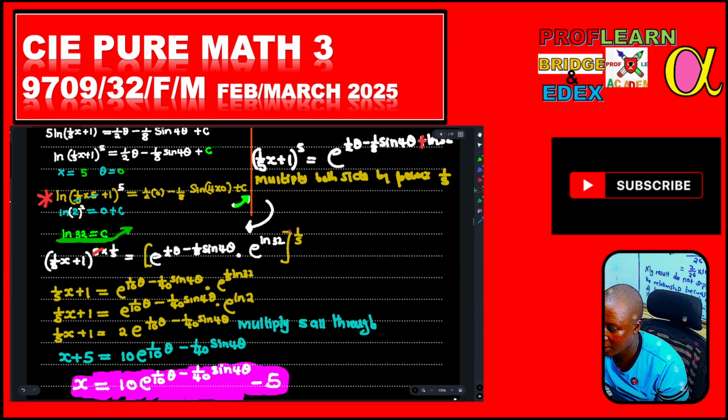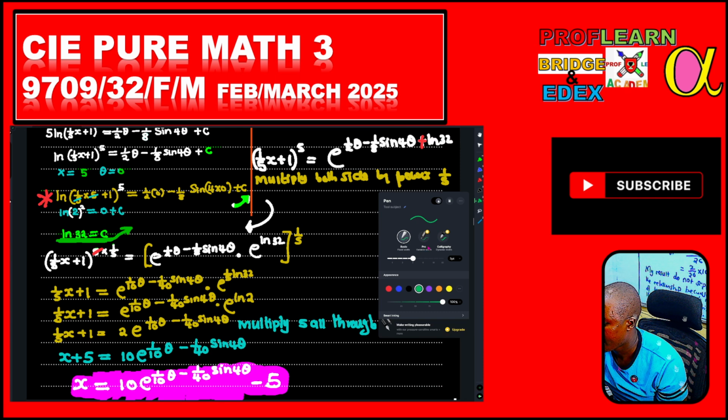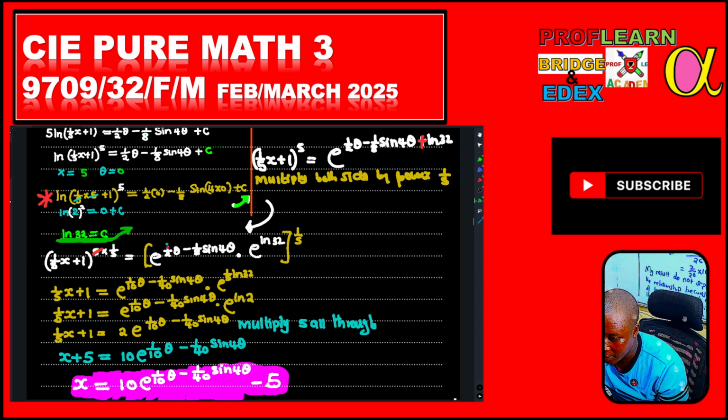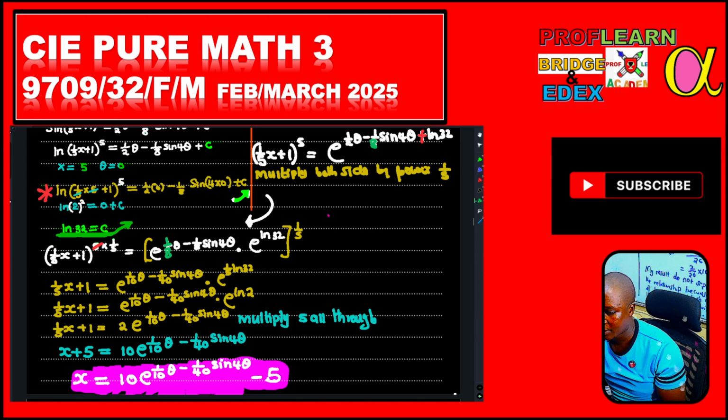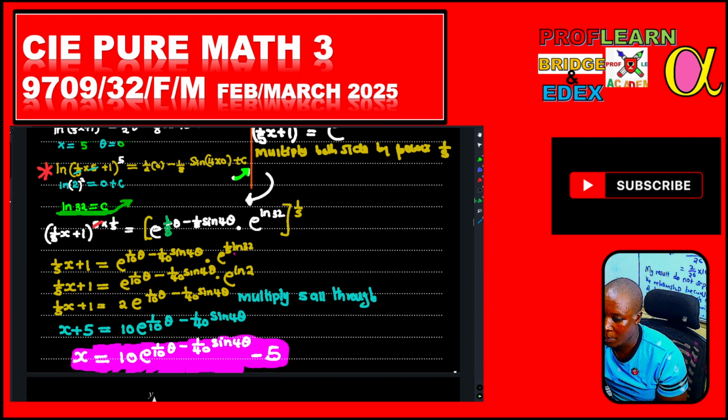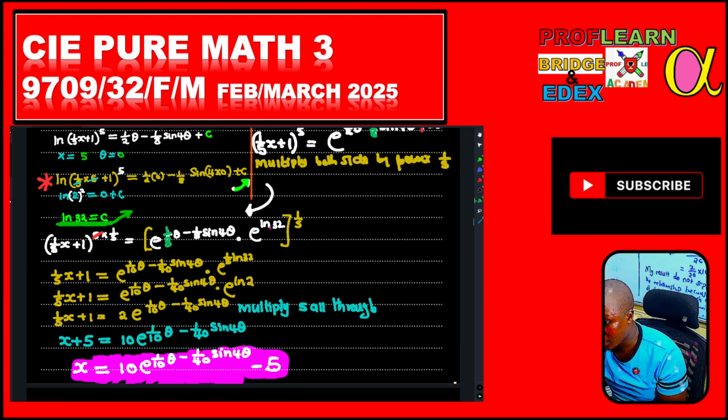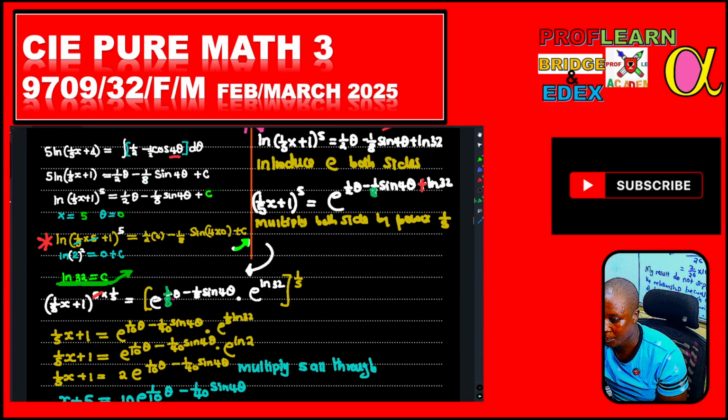Let me check whether you can see exactly what I wrote here. This is 1 over 8. Don't confuse, that's 1 over 8 there. So if you multiply, you see now that expression can be written as e to the 1 over 8 theta